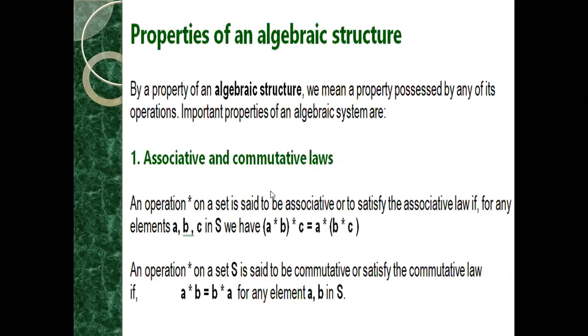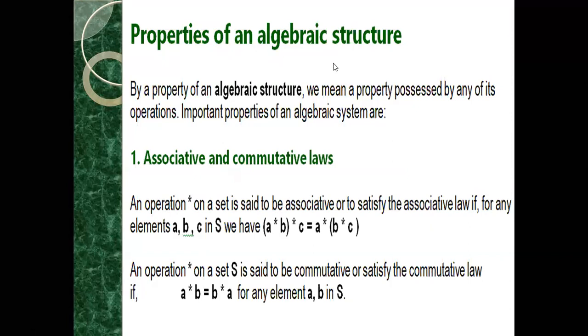So, properties of an algebraic structure. What is an algebraic system? It is a non-empty set with two binary operations, plus and dot, and it contains two distinct elements 0 and 1. It is called an algebraic system. So the set G, where star represents a binary operation closed in that set, is called an algebraic system.